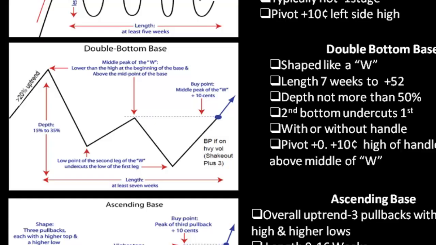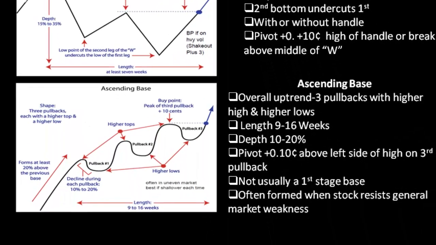Another base that we don't see that often is the ascending base. A series of 3 moves up with 3 pullbacks, always going to higher highs and having higher lows, usually lasts 9 to 16 weeks. And the pullbacks are usually 10 to 20% at each little pullback, right here. It's more than likely not going to be your first stage base,